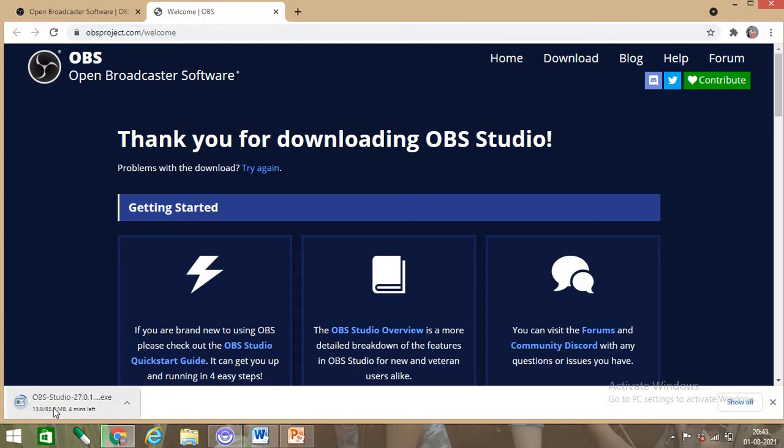So here you can see the OBS software is being downloaded. Once it is downloaded, you have to run it. On running, you will get all the settings. You have to say okay. Then it will be installed and you will get the icon on the desktop.